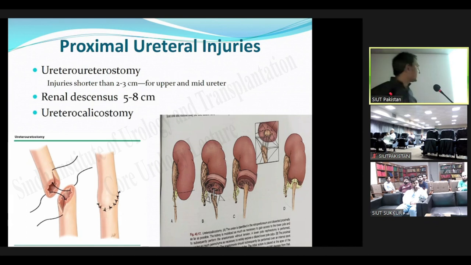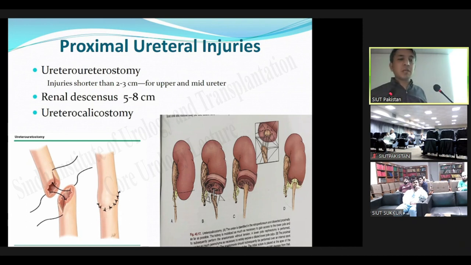The principle is that we will spatulate the proximal and distal ureter 5 to 6 mm, and then we will pass a non-absorbable suture from the apex of one spatulation to the corner of the other, and the same in the opposite direction, and then we will tie it, and then we will anastomose the ureter in interrupted fashion. Renal flap can help for 5 to 8 centimeter loss, and then ureterocalicostomy,